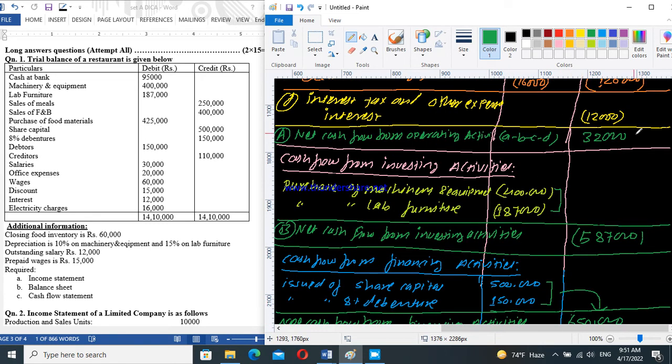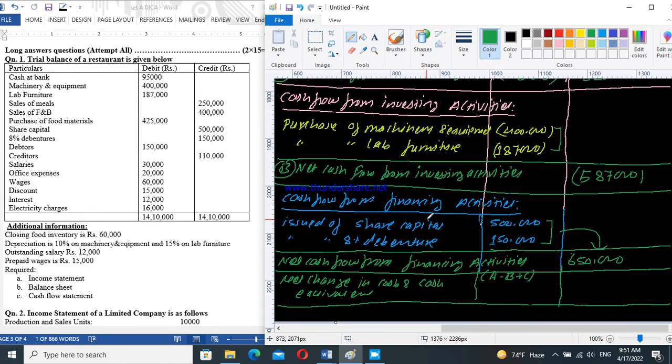Therefore the first amount is plus. A is positive, B is negative value, therefore I write negative, and C is positive value, therefore I write positive, plus of the C. Okay, 32 plus 650